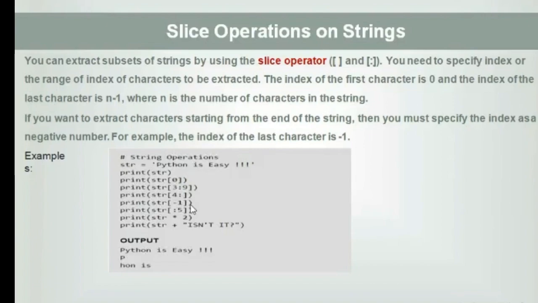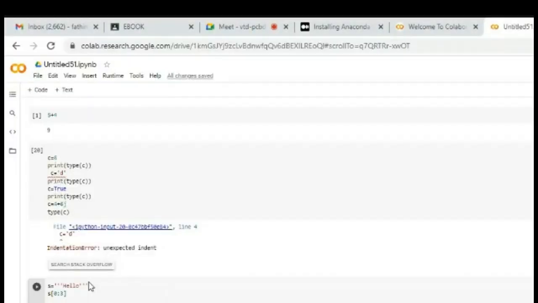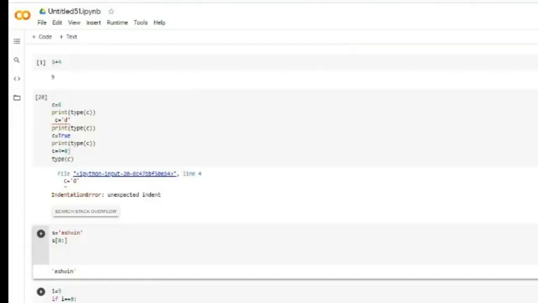In case I want all the values from the second position or first position, I can give it like this. If I'm not giving the end position, it will take up to the end of the string. These are all forward indexing. Forward means the pointer is moving from the first position to the last position: 0, 1, 2, 3, 4, up to n minus 1. And Python has a special feature: it also has a backward index. That means if I give minus 1 colon,